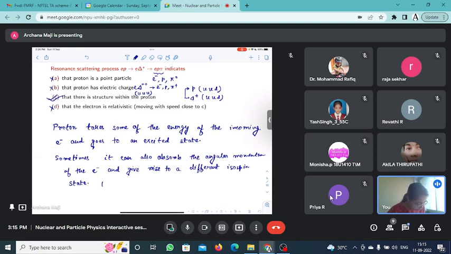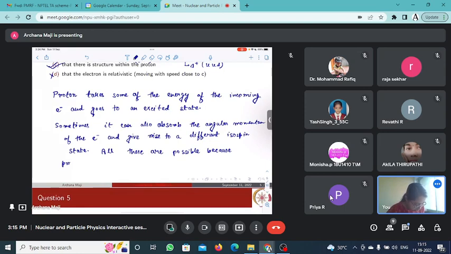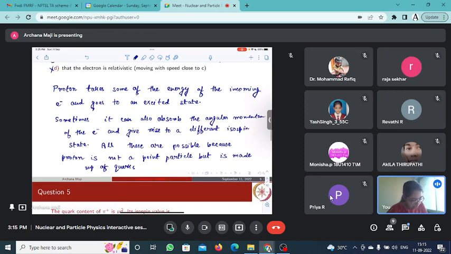And all these are possible because the proton is not a point particle, but is made up of quarks, which can reconfigure itself to give rise to